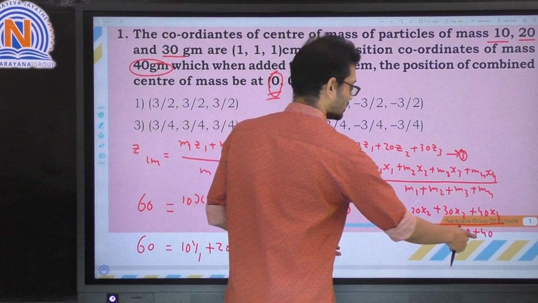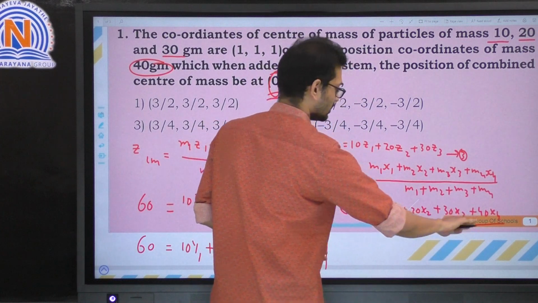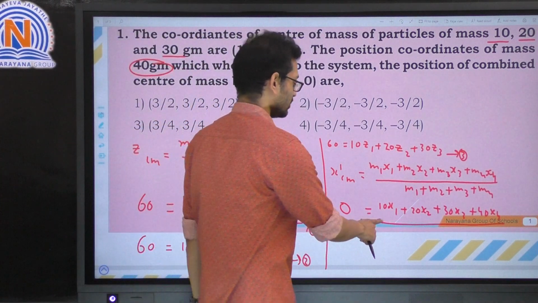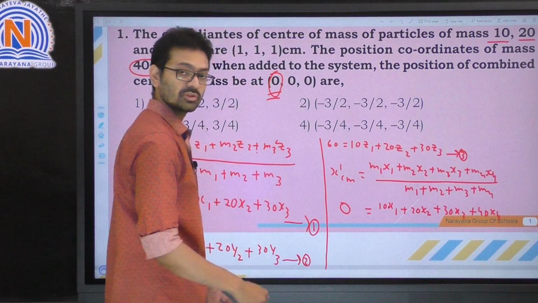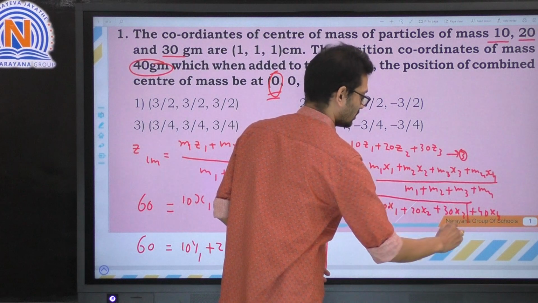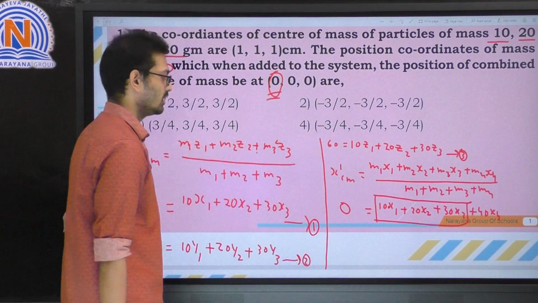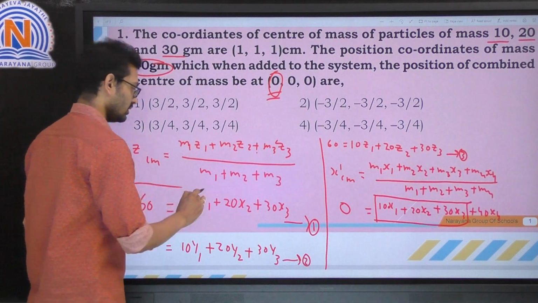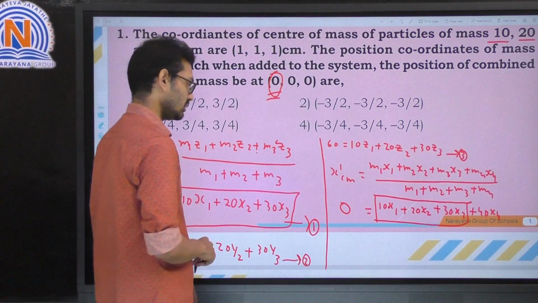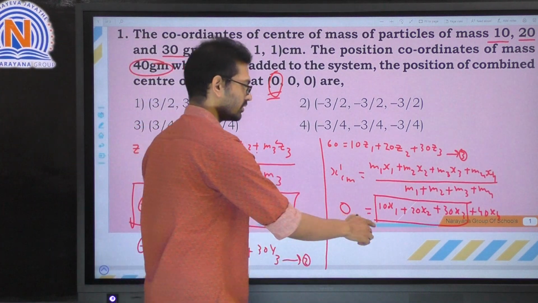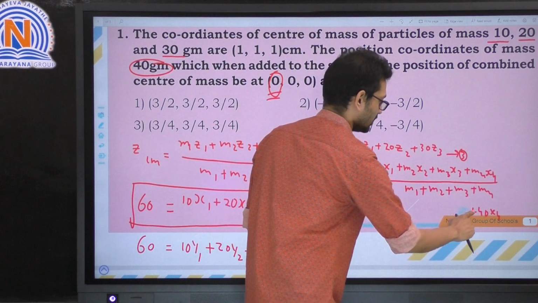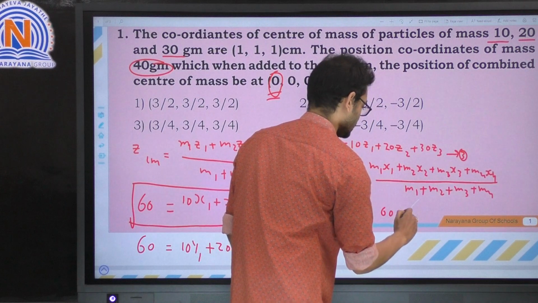So what happens? This complete term is going to become 0, because this one is divided over that side and it is going to be 100. If 100 is sent this side, it is going to be 0. Now you will get the equation as 0. Now if you observe clearly, up to here, you can write it from this first equation like this. You can write it as 60. This whole thing is equal to 60. So instead of this, I am going to substitute it as 60. So this whole thing is going to become 60 plus 40